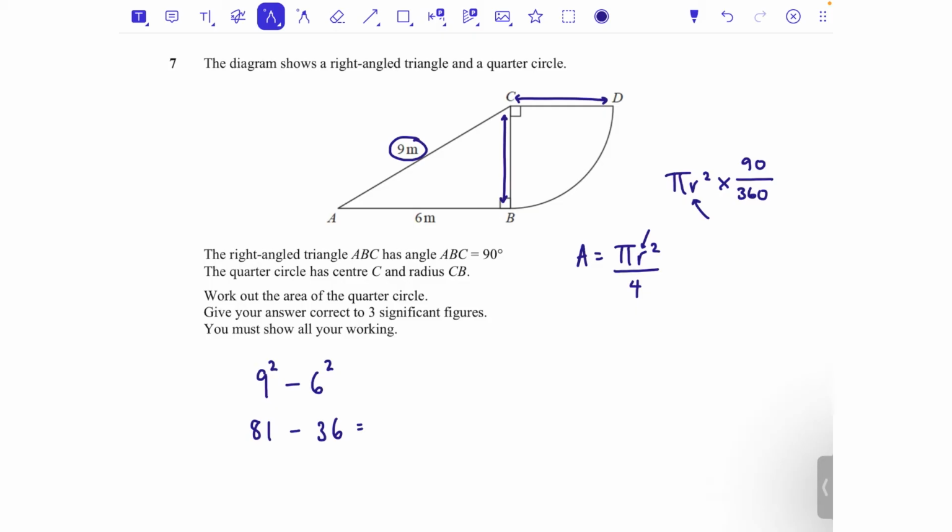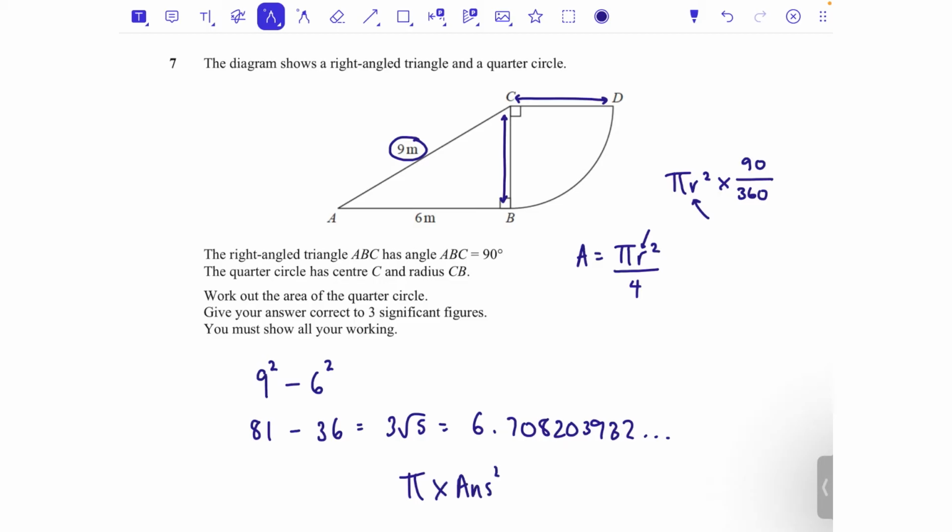Always with Pythagoras you want to square root at the end. So 81 take away 36, and the square root of that answer is 3 root 5, or you can write it as 6.708203932. Now I don't really want to round it at that point, and I am going to keep it in my calculator because I now want to do pi times that answer squared, so in my calculator I'm using my answer button, pi times that answer squared, because I don't want to round it,